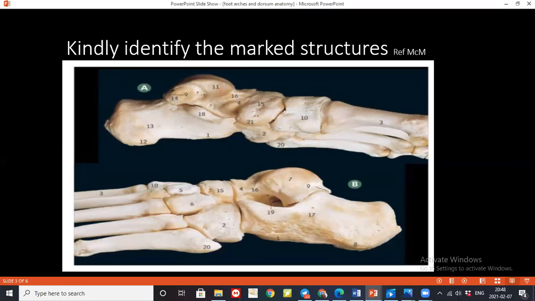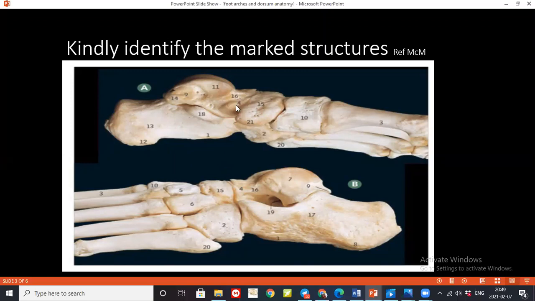Number 13 is the medial surface of the calcaneum. And number 1, please. I think it's the anterior tubercle of the calcaneum. Calcaneus. Calcaneum. Okay. What is number 2? Number 2 is, I guess, the cuboid bone. Number 3, please. The first metatarsal. Very good. And number 4. Where is number 4 here?